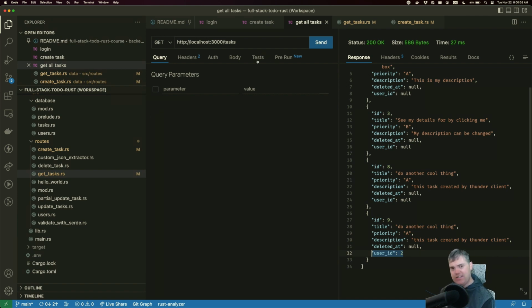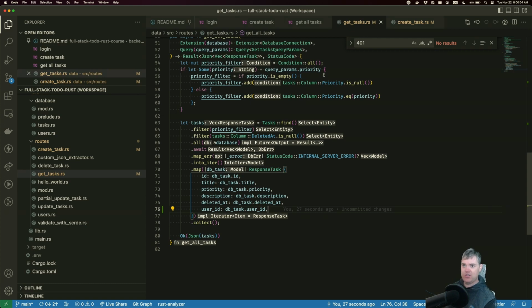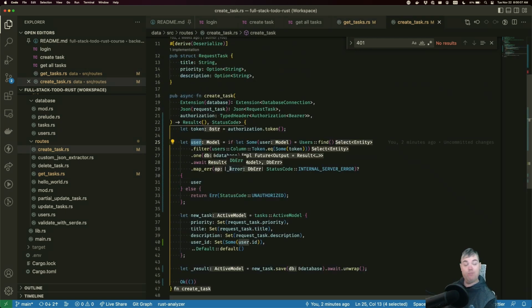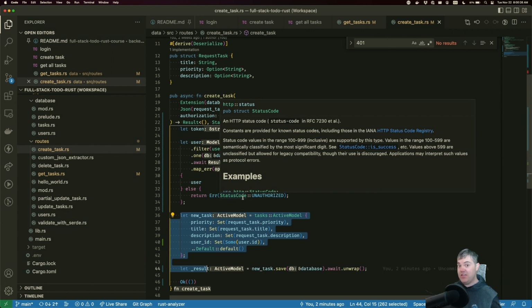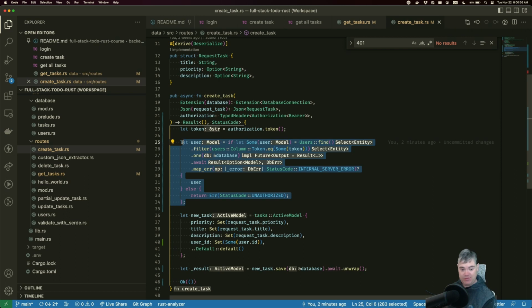And so that's how we guard a route. Let's go and just look at this really quickly again. At the beginning of the route, we're guarding it by saying, hey, if we don't have the token and we can't find our user with the token, then we need to return early and just tell you, hey, you can't do that. So anytime we have after this, we just assume, okay, you're clearly good. We have a user object from the database. We know that you're logged in and you're allowed to do this. So that's what I mean by a guard class. It's guarding the rest of the route here.